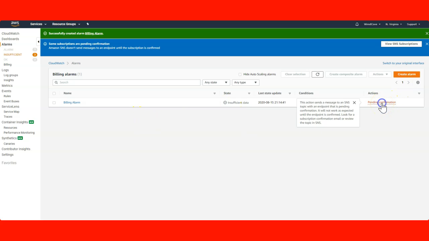This action sends a message to an SNS topic with an endpoint that is pending confirmation. It will not work as expected until the endpoint is confirmed. Look for a subscription confirmation email or review the topic in SNS.